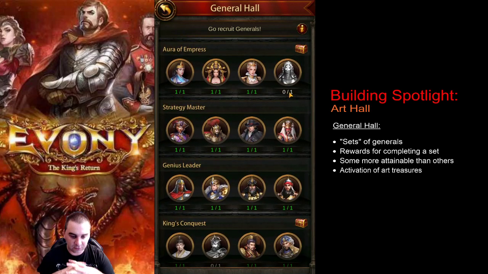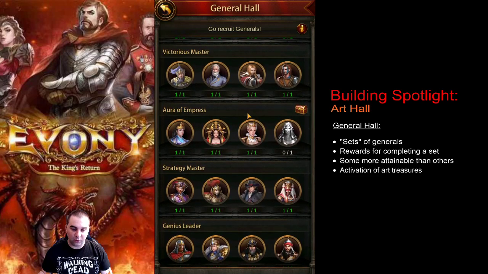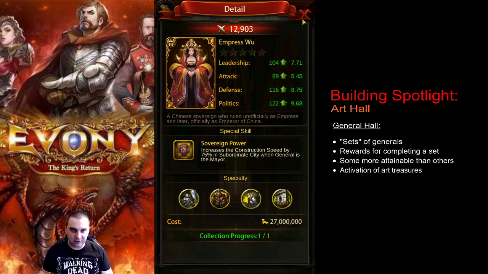The nice thing to know is that when you obtain a general, you don't have to keep it forever. If you have some generals that you picked up to fulfill these requirements, you can dismiss them, collect the runestone chests and some gold. You don't have to keep them because we all have very limited caps of generals, and there are some in here that...